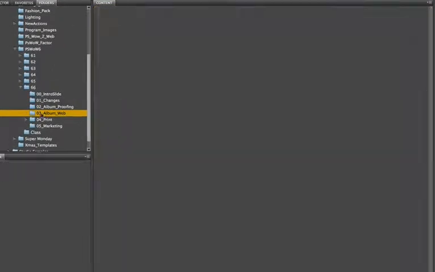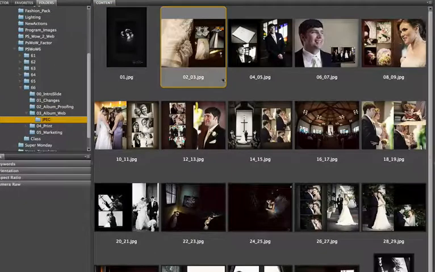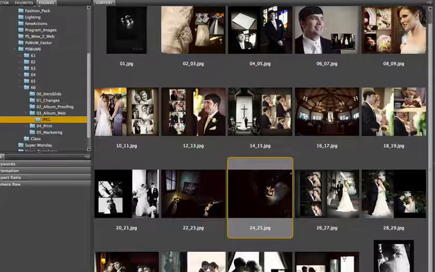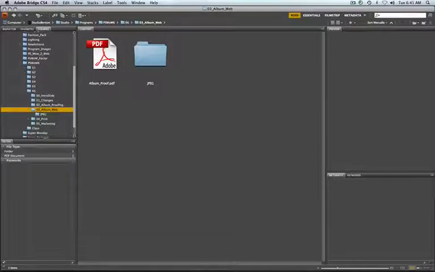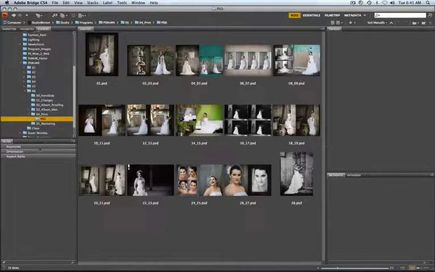And now I can go to my web folder, and there's a JPEG folder. And you can see here where I've got my JPEGs now, and I can take and upload these to a website. And I'm ready to upload them and proof them to the client. Okay, so the client has viewed them, they approved their album, and we're going to basically do the exact same